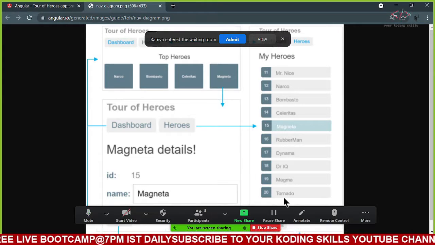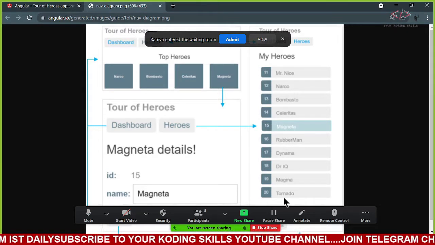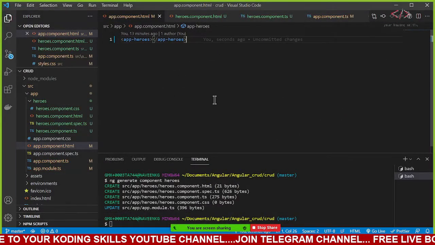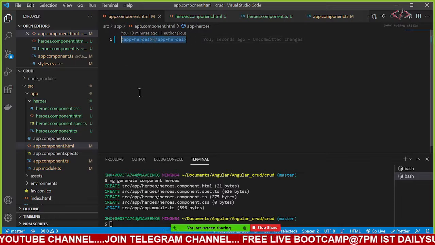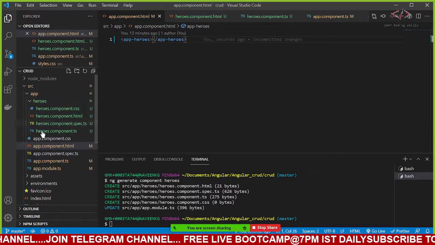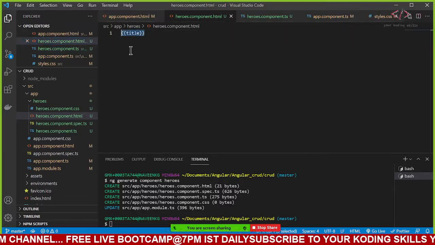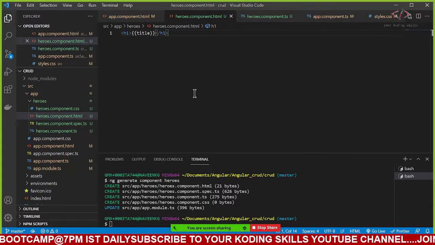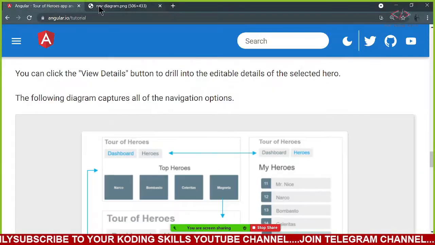I have already created one of the components here, which is app heroes, and in this app hero I have just added this particular string which says title. If you want, I can add this in the h1 tag also. If I add it, that particular text will be visible in your app.